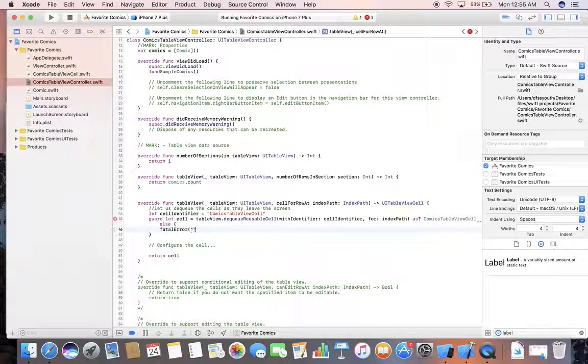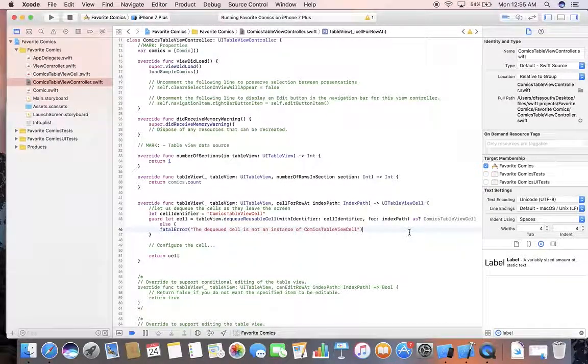And this fatal error is going to be something along the lines of: the dequeued cell is not an instance of ComicsTableViewCell. Okay, so all this is saying is it's going to throw a fatal error and let us know,